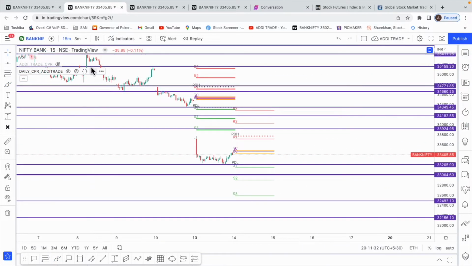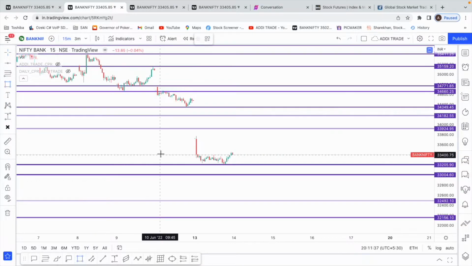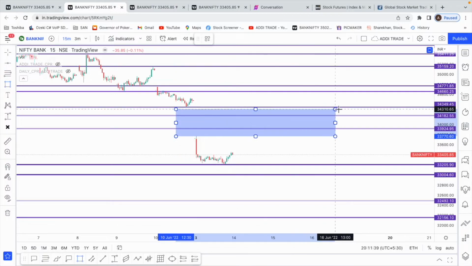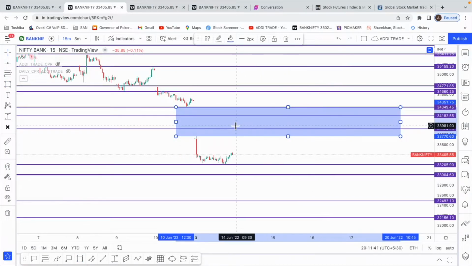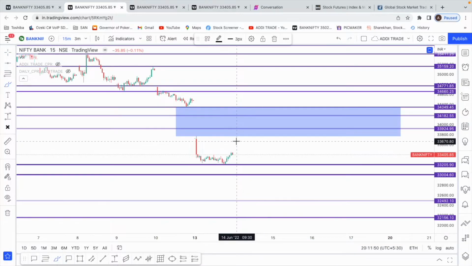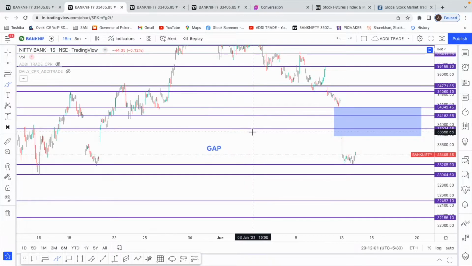To be prepared with any kind of a move that comes in the market, right? See, this is the gap that we had, gap down, right? For some reason, tomorrow or day after, if the US market recovers, if we come into this gap, there's a possibility of filling this gap until 34,300 and then probably having a dip again. But all these mark levels will be important. This is where we can probably take resistance on the upper side.